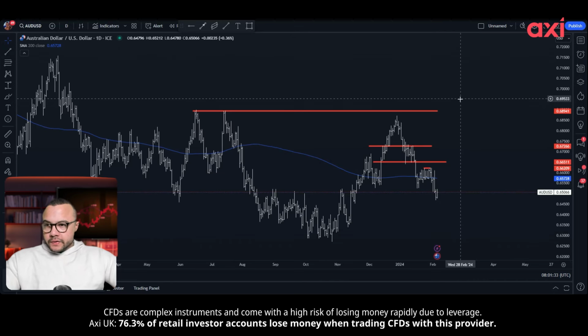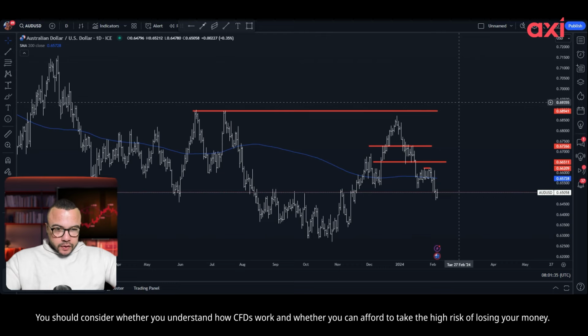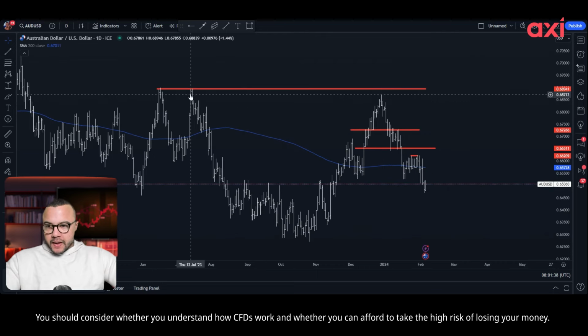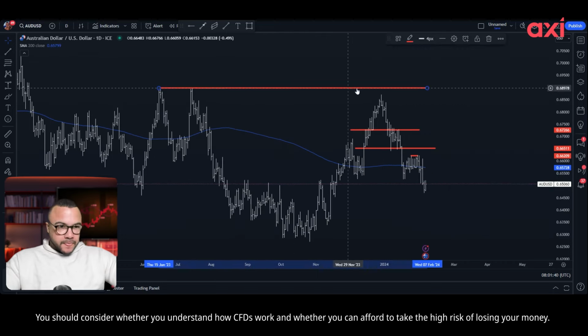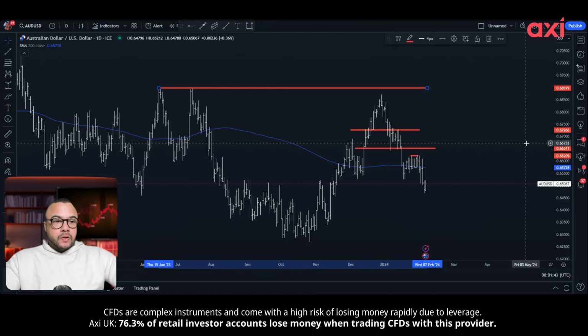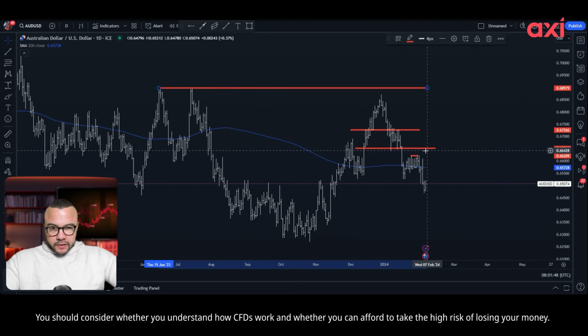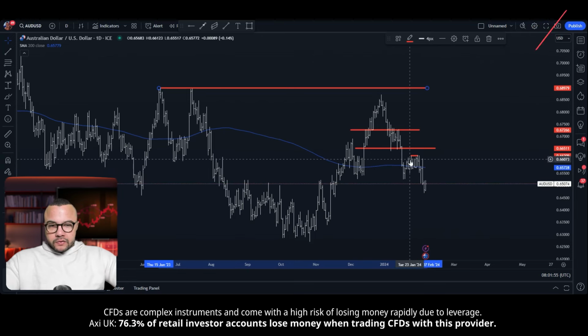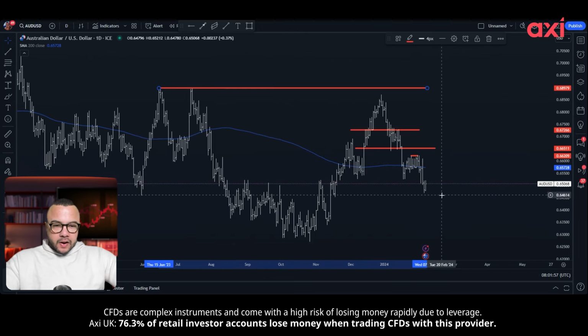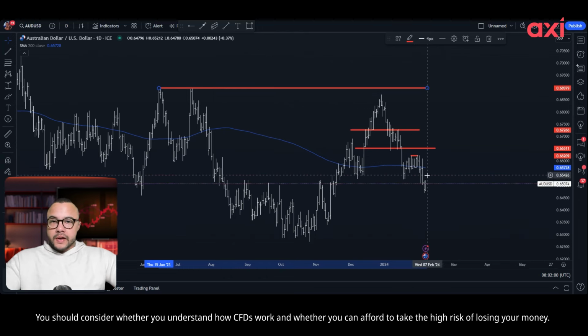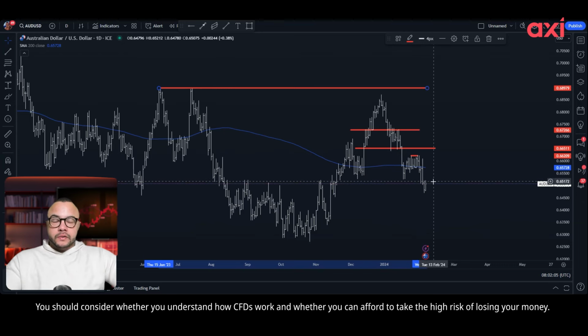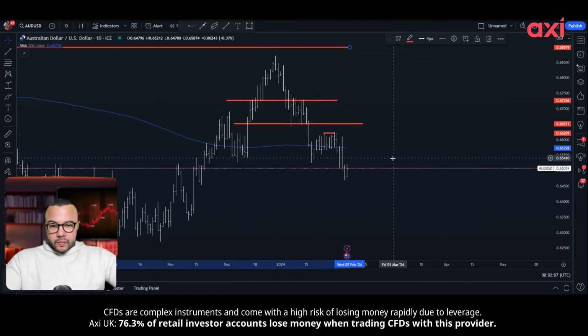I'd highlighted this a few weeks ago on the Aussie dollar, and I'd noted that there was a big key level just up here at about 0.68. Let's call it 0.69, right? And that there were some levels to the upside to look to push through. But the big danger really was that we were going to collapse through the 200 daily moving average. And I've mentioned it just about here. And I think it's pretty clear as to what the actual situation has been. I did give a bias that it was to the short side, to be fair. And I think we're seeing that.